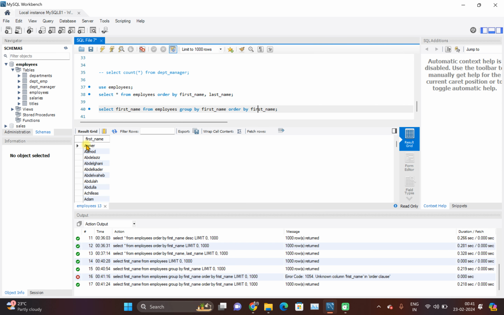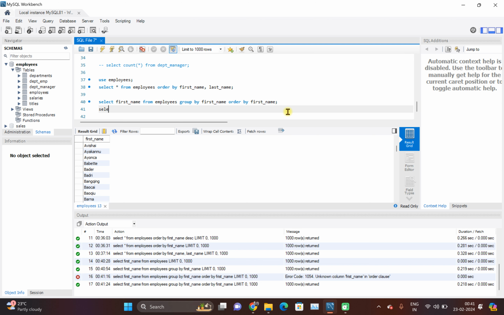Okay, as you can see, armor were too many, right? So now armor is just one. Okay, there is no repetition. So using group by here is kind of something like this. It's same as select distinct